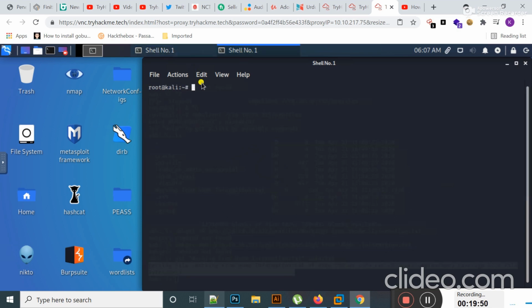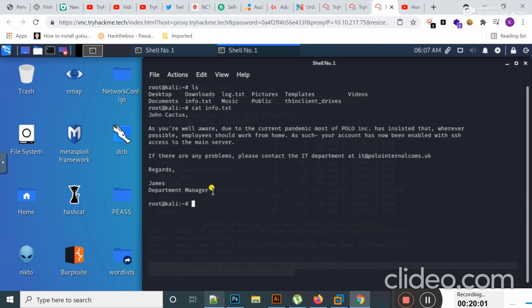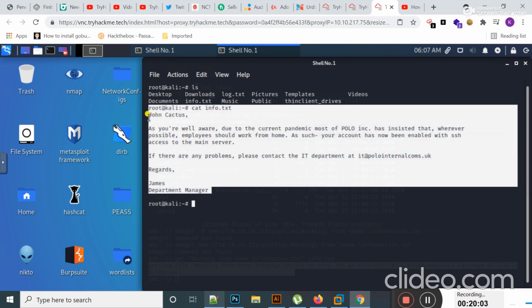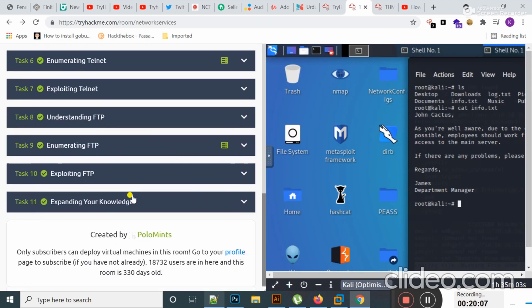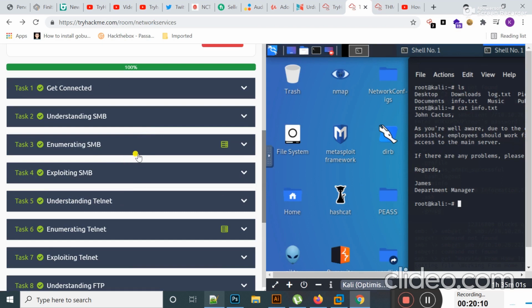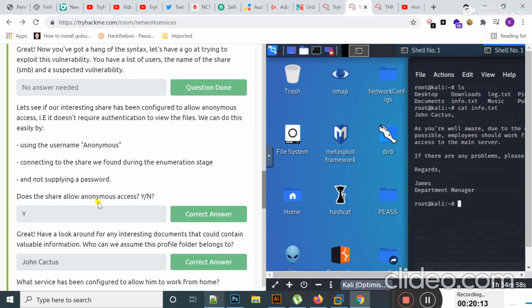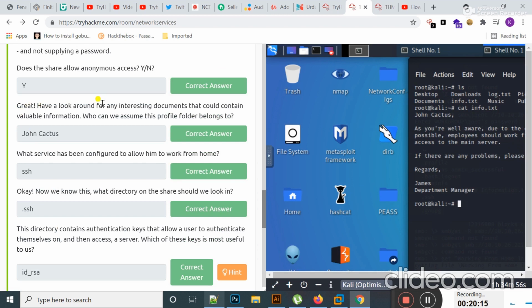Okay, getting the file working from is successfully done. If I open a terminal and type ls, here you can see guys, the file is successfully copied. Now if I type cat info.txt, okay, the content of this file is present here, John Cactus.